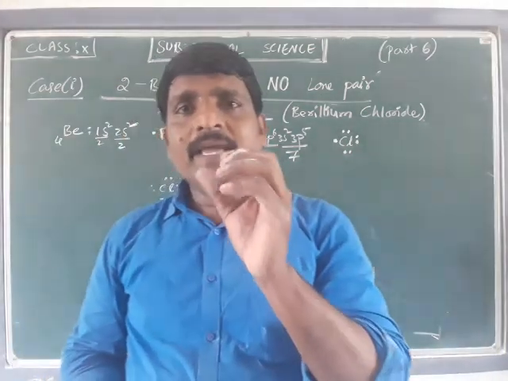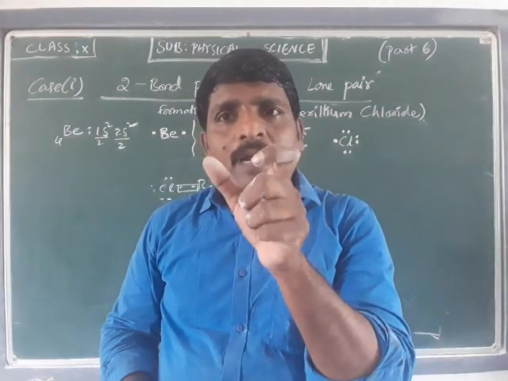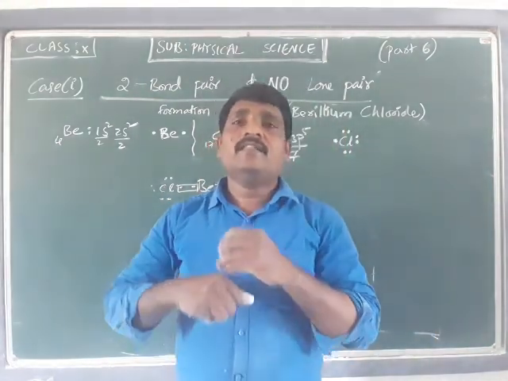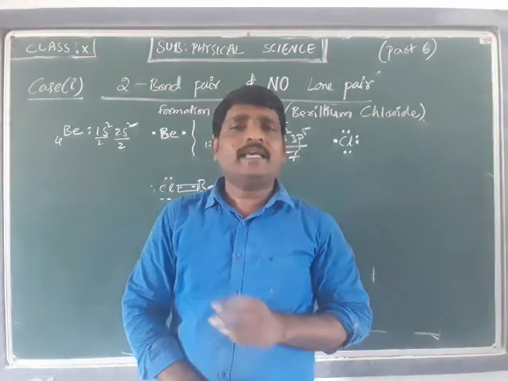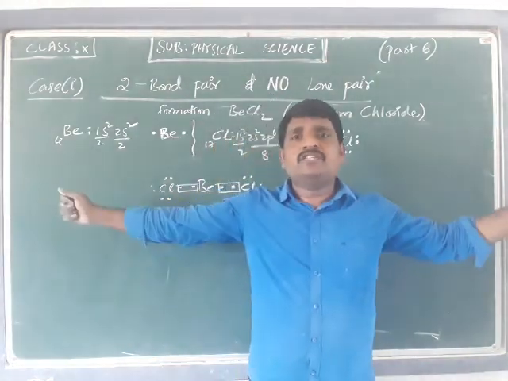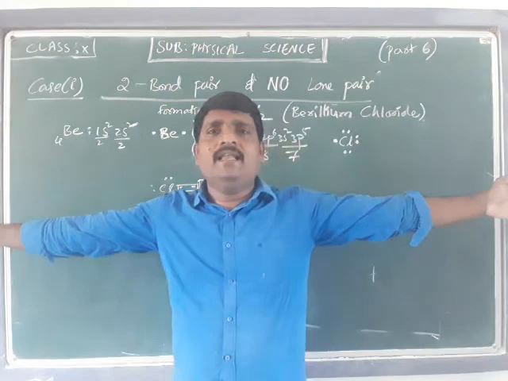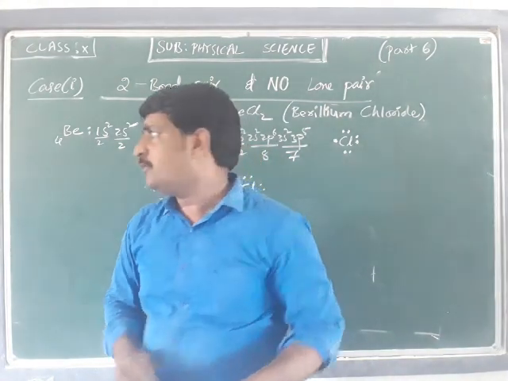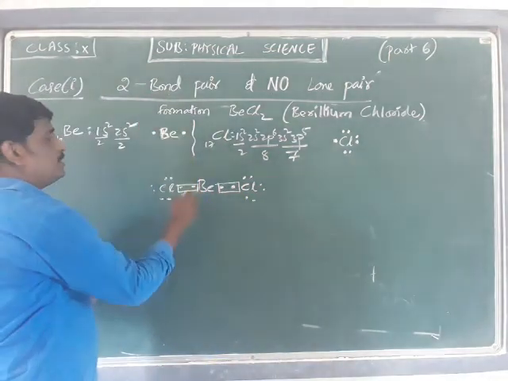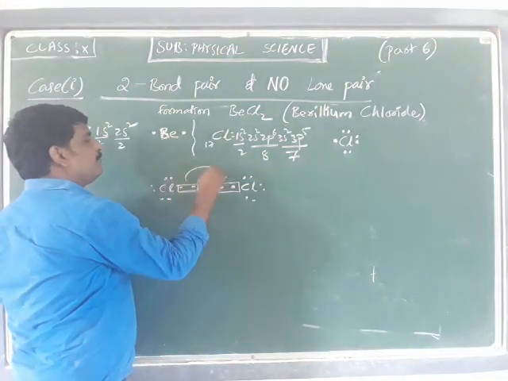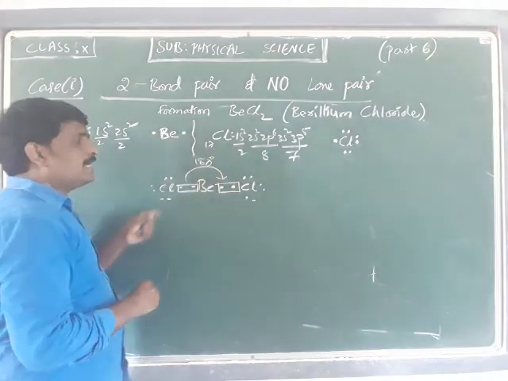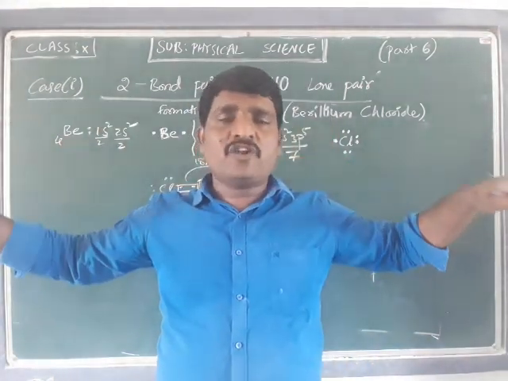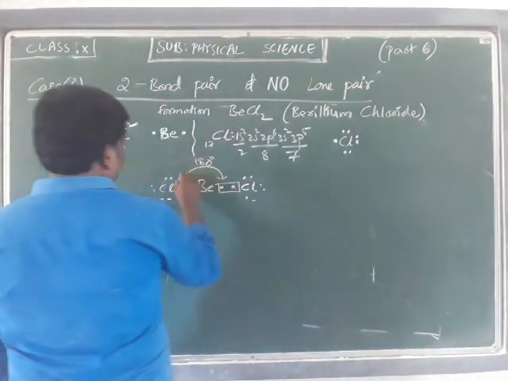So keep in mind, the main concept is that the bond pair electrons have a repulsion force such that they want to be as far as possible. They repel each other to get maximum bond angle. So as there are only 2 bond pair electrons, the maximum bond angle is 180 degrees. They can be separated, far away along a straight line, where the bond angle will be 180 degrees.